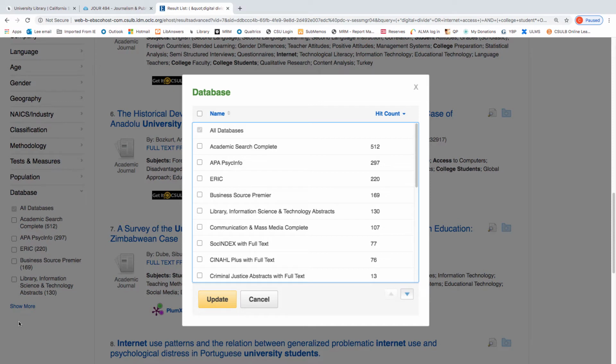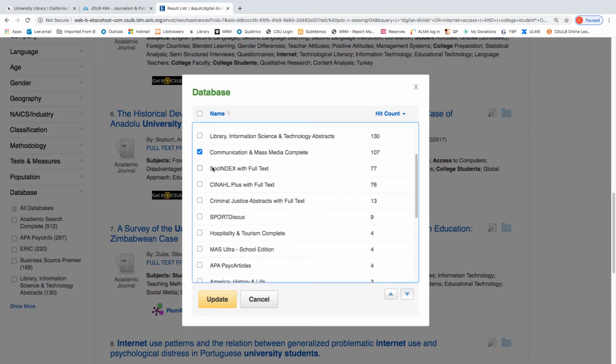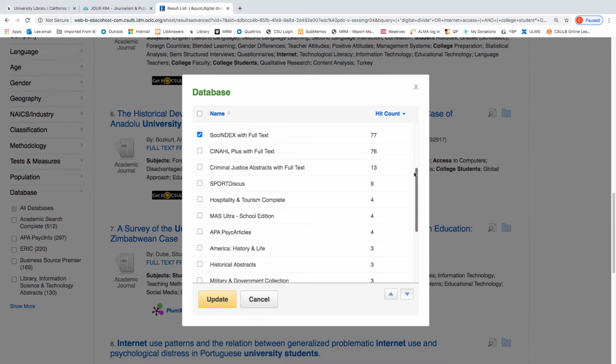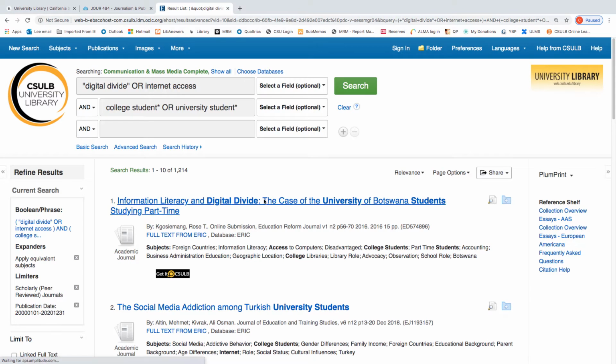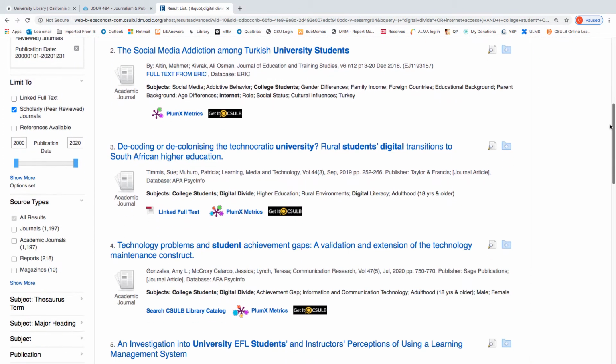And not surprisingly, they're showing up in ERIC, which is an education database; Academic Search Complete, which we'll talk about in a minute, that's a very broad database; PsycInfo, not quite certain why it's showing up there; Communication and Mass Media Complete; SocIndex, which is a social sciences database; and I'm not sure, maybe Public Administration Abstracts. We're going to stop there. So we got ourselves down to 1,200.